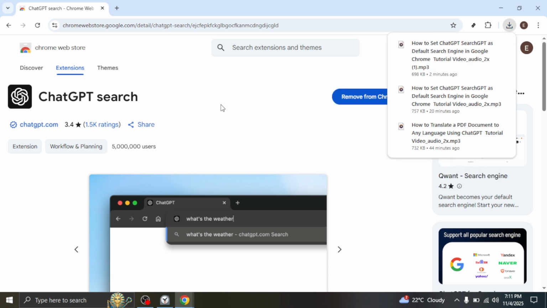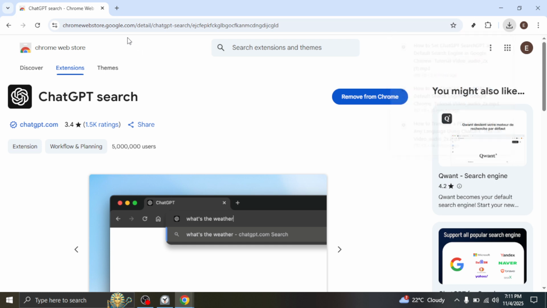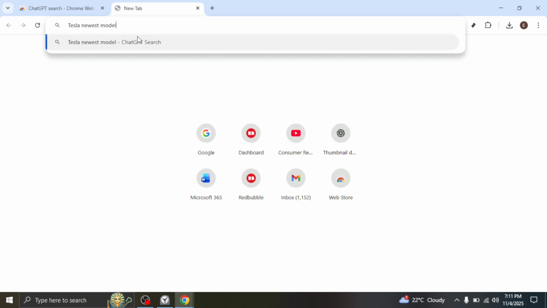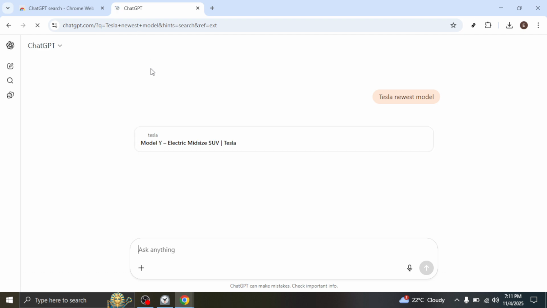With the extension successfully added, it's time to give it a try. Head back to the address bar in Chrome and type in a search query. For instance, you might type Tesla newest model and hit Enter. As you do, you'll notice that the SearchGPT extension promptly jumps into action. It will start providing you comprehensive results powered by the ChatGPT AI, offering a fresh, conversational perspective compared to the